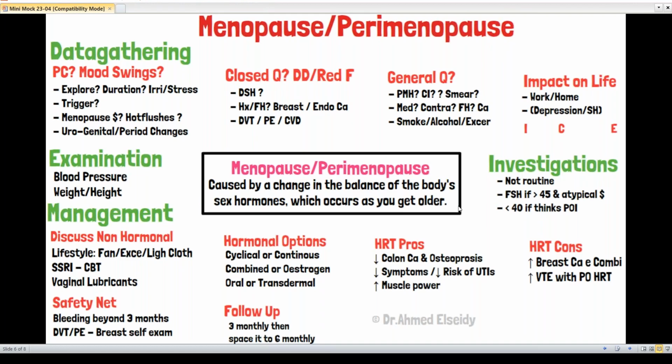Thank you for answering anyway. The age of menopause, again I will repeat, in the UK is from 45 to 55, and the mean age is 51. So if someone is coming from 45 to 55, this is the expected age of menopause, and I don't need to do testing. If someone is less than 45, this is called early menopause, and you can offer testing here. If someone is less than 40, this is premature ovarian insufficiency suspicion. You can think about it here.